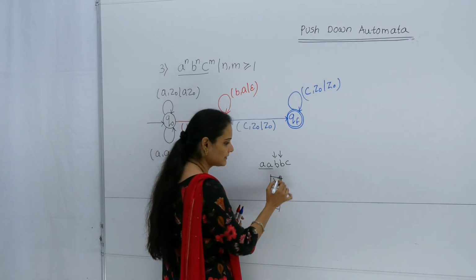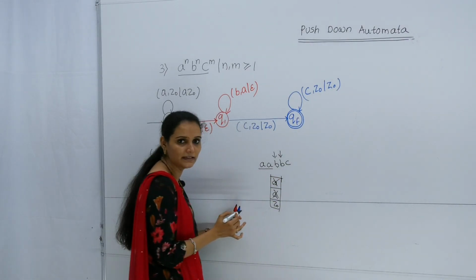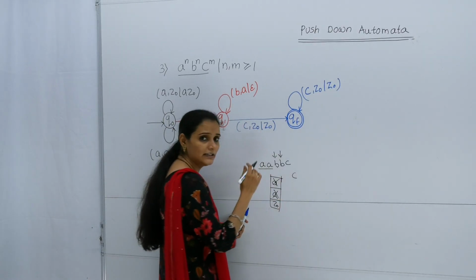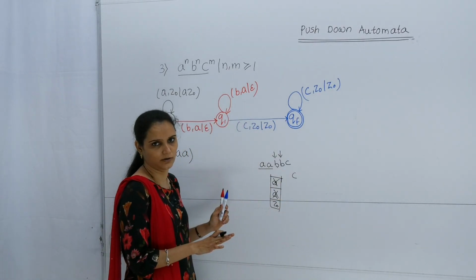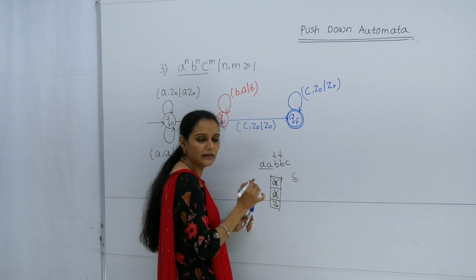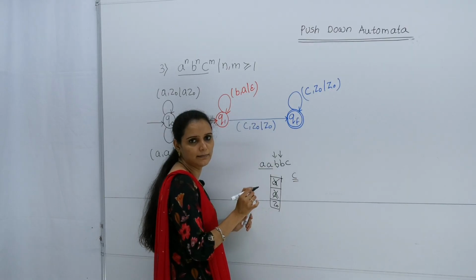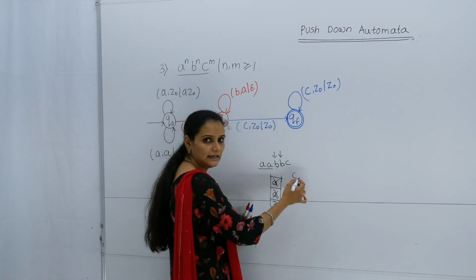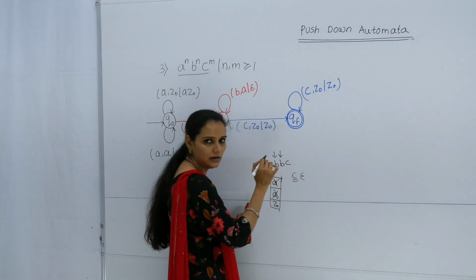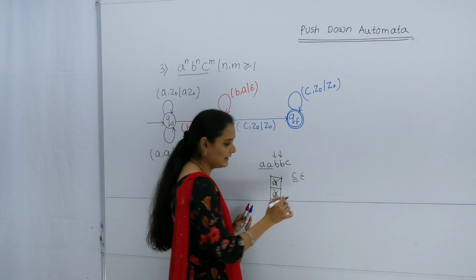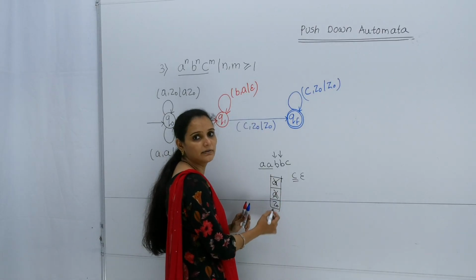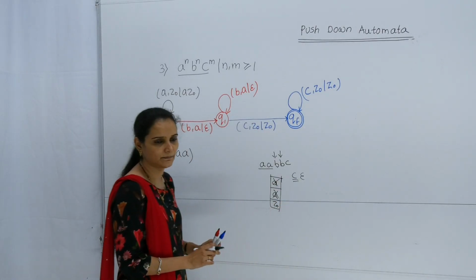The stack is empty and the symbol to be read is c. When I read the symbol c, it should only be read and ignored, because there is no restriction on the number of c's. So c is read and ignored, and we move to the next symbol. It is the null symbol, which means the string has ended. The top of the stack is Z0, which means the stack is empty, and that kind of string is accepted.